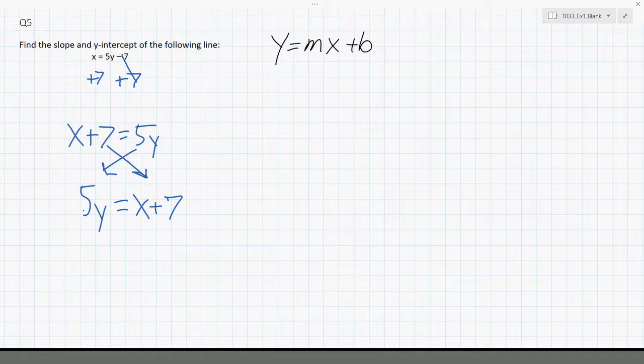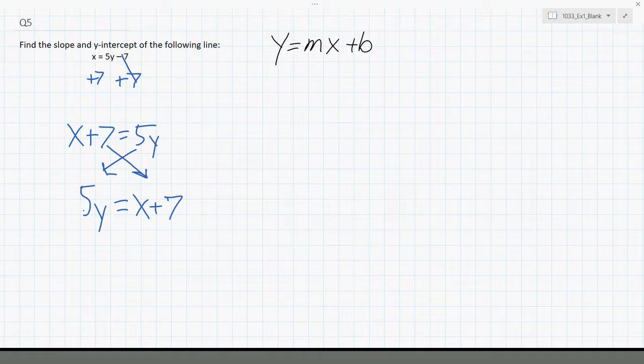All we're doing is flipping the positions, because since the other side moved as well, we didn't make anybody negative. We would have made the entire x plus 7 negative, and we would have made 5y negative, and then because both of them were negative, we just made them positive again. That's the explanation behind it, but I just wanted to make it look better so it's in the right form